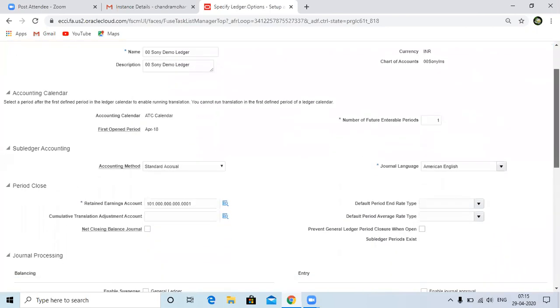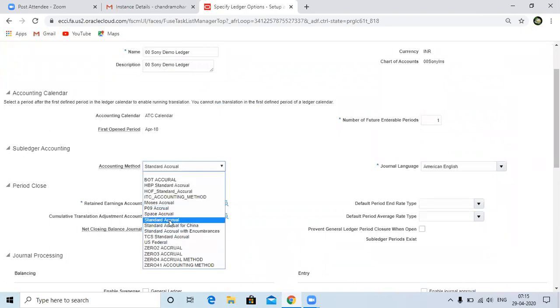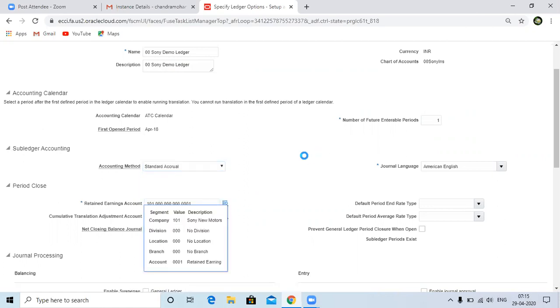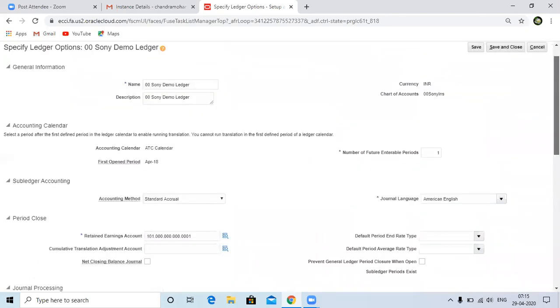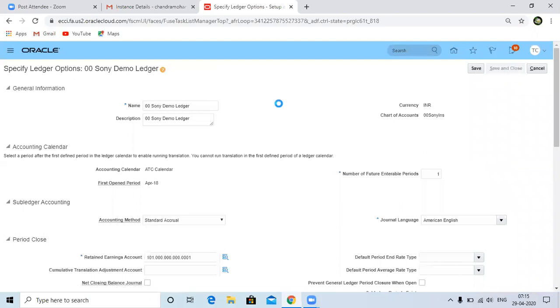So this is the Sony ledger. I have already changed it from the custom one to standard. When you are doing practice, make sure that when we are creating any expenditures from your subledgers, we are going to use the standard one. Only use the custom one when you are creating expenditures from projects. Let's save and close.